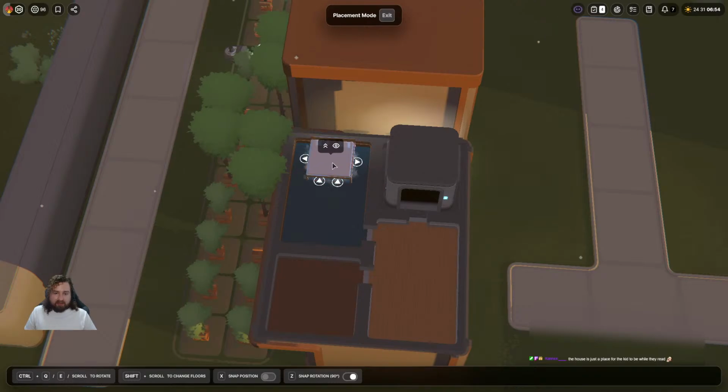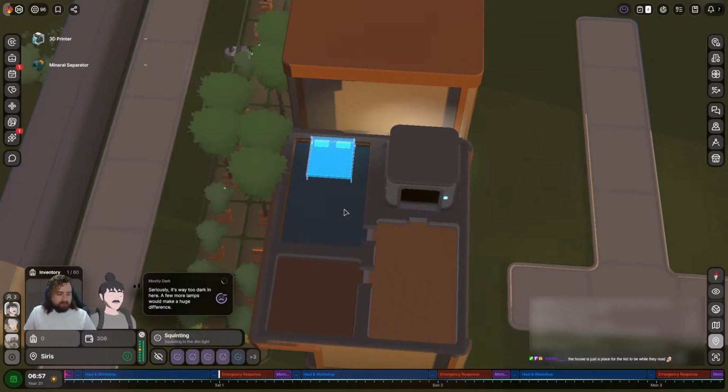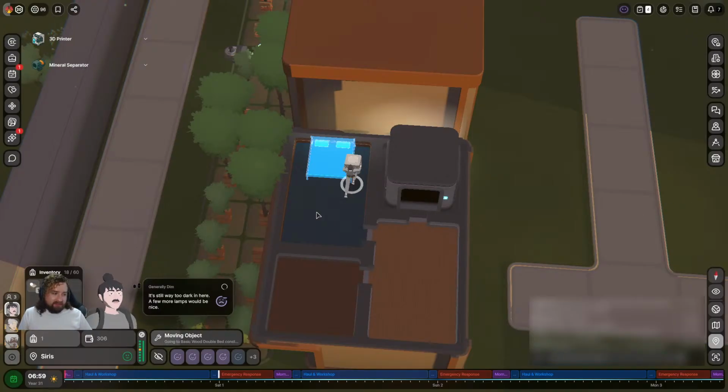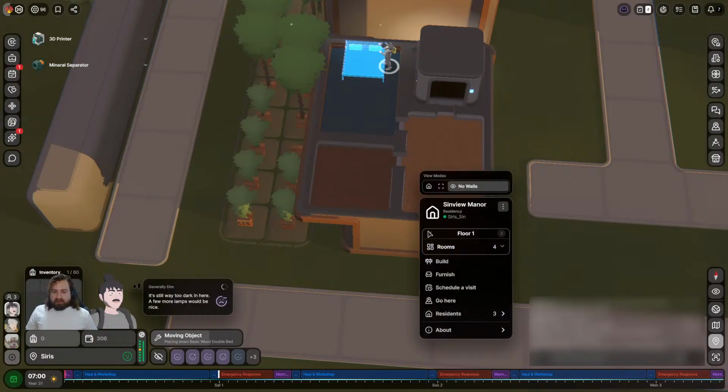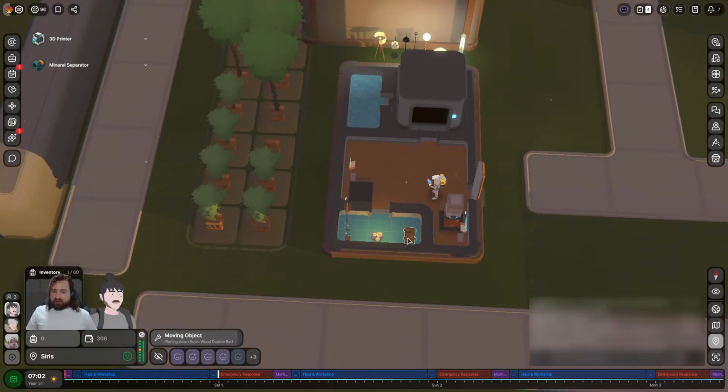Is this snapping all weird? Alright, that'll work. The house is just a place for the kid to be while they read. Yeah. Well, I'm actually trying to get my house a little bit more squared away now.